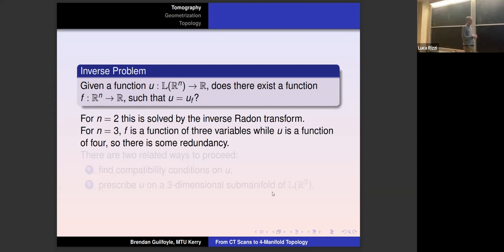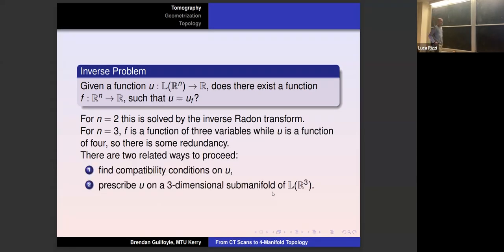This redundancy, in trying to reconstruct something from its integral over lines, is going to give you a little bit more information than you want. In fact, there are 2 different ways you could proceed if you know it's the integral over lines and you want to reconstruct the function. This is what we call the inverse problem. You could find some kind of compatibility conditions on u. If you know it over the whole 4-dimensional space, you might then look to see what restrictions there are on such a function